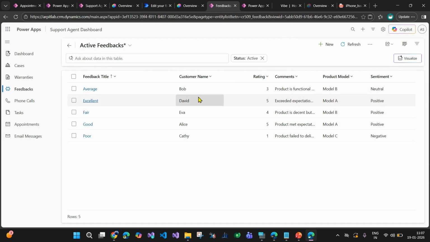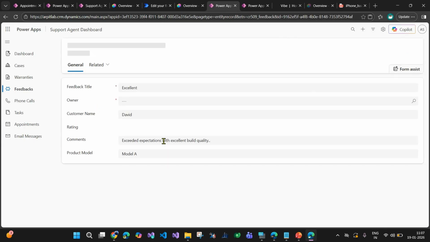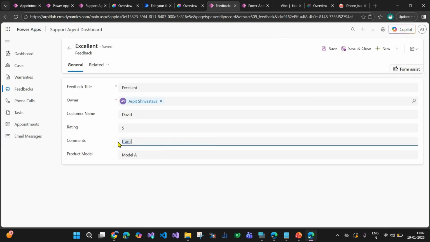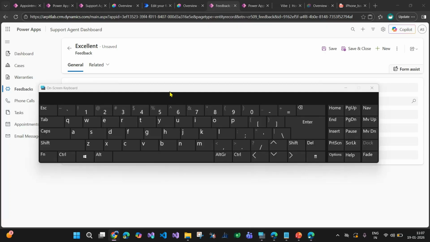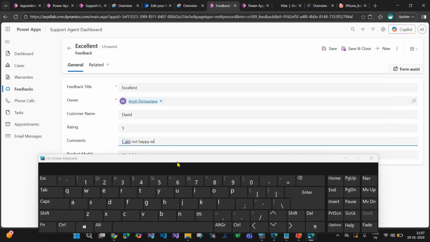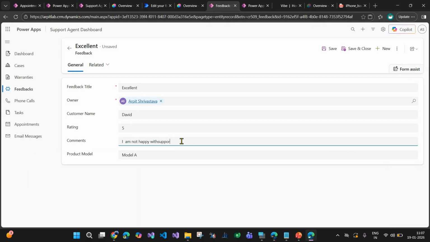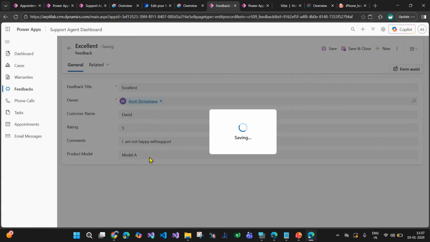So imagine it's a positive feedback. If I go here and change the comment to "I am not happy with support", sorry, my keypad is not working. As soon as I save it, the sentiment will change from positive to negative. So I'm saving this data,